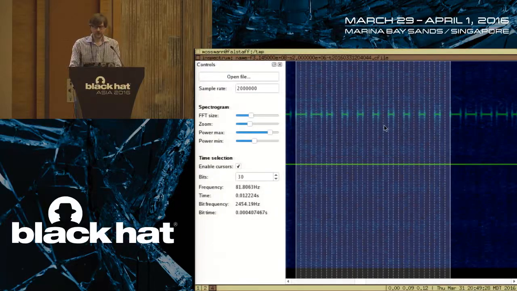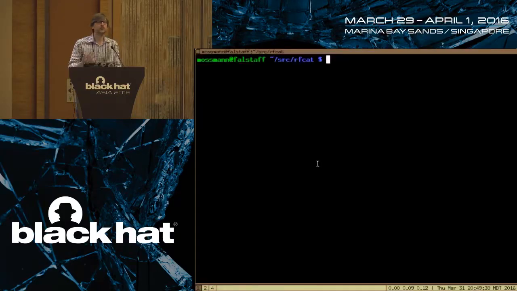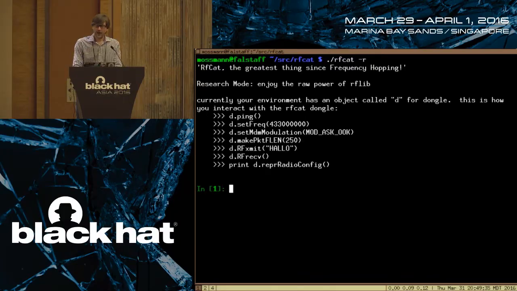And Yardstick 1 is used primarily from a piece of software called RFCat. RFCat is some software made by Atlas, and it's specifically designed for this kind of work. Yardstick 1 ships with RFCat firmware, but RFCat also has a host side component that gives you a Python interface, and it's easiest to use in this interactive Python shell based on IPython. And so it gives me a thing called D, which is my dongle or my device, my USB device,